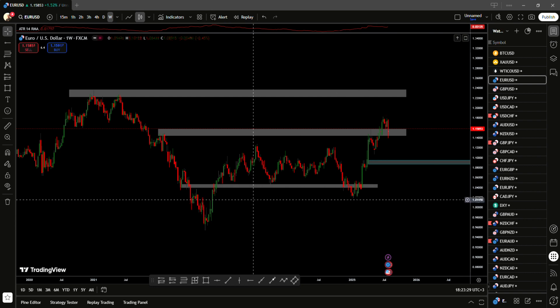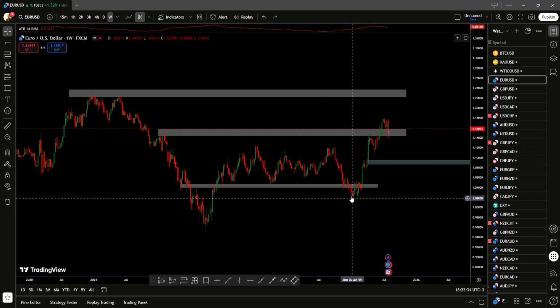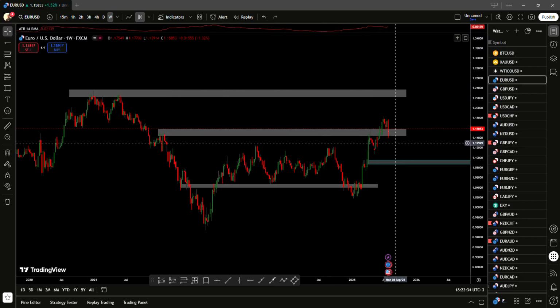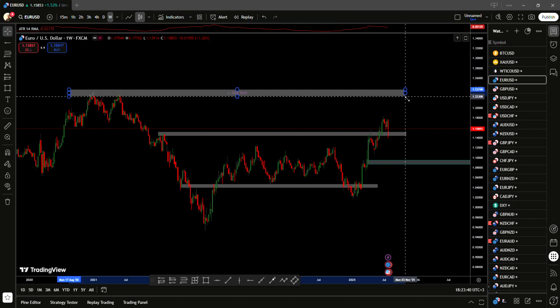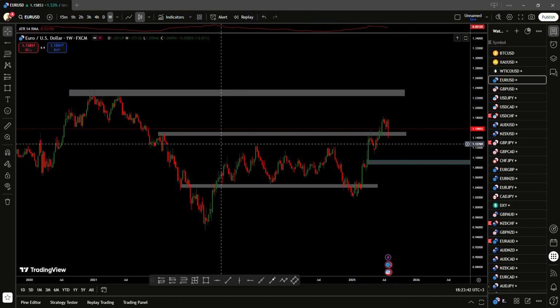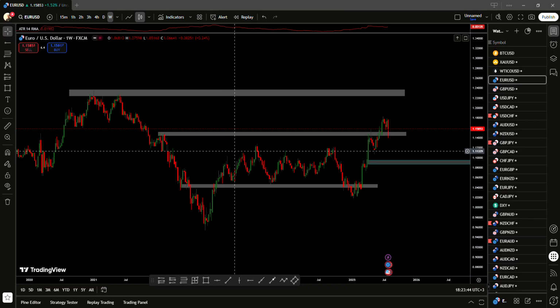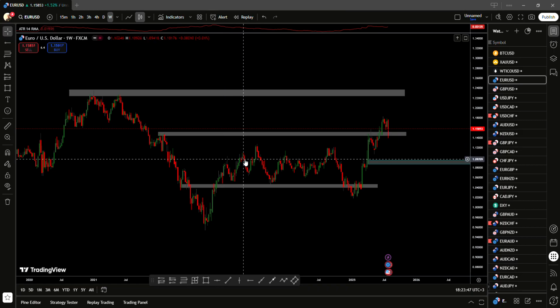So now after that, what next? You're going to refine this support. Just try to make it small and neat. It shouldn't be that big. Okay, so that is it. So now after you have identified your key areas on the